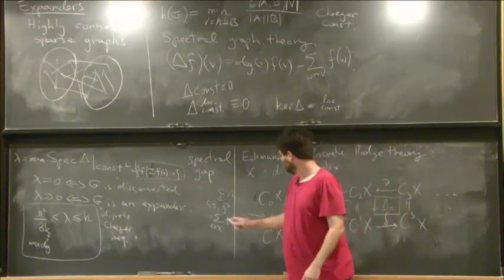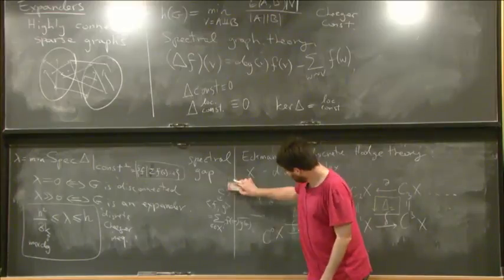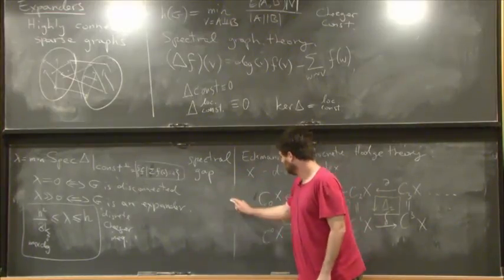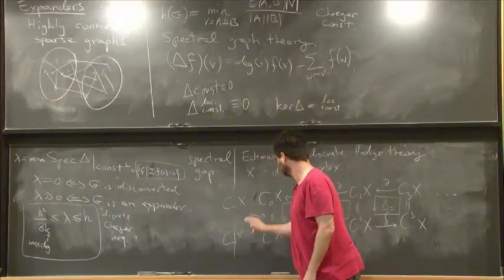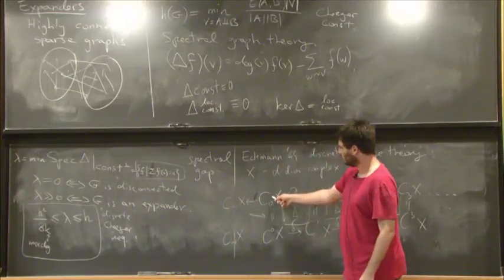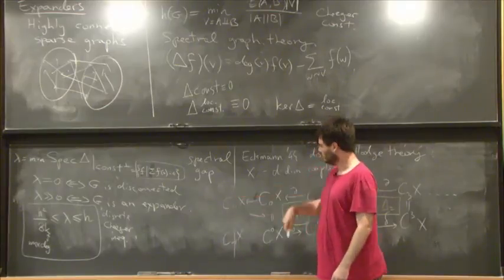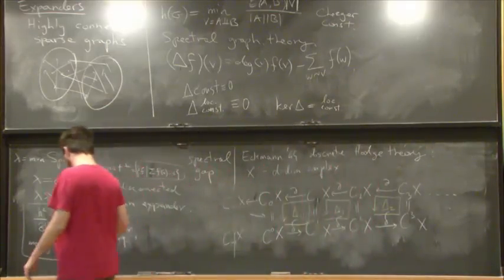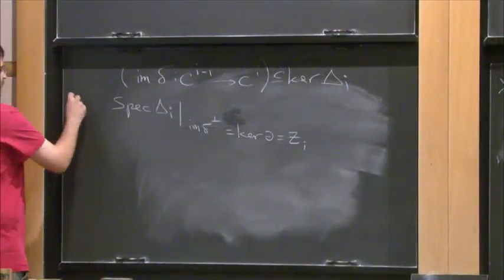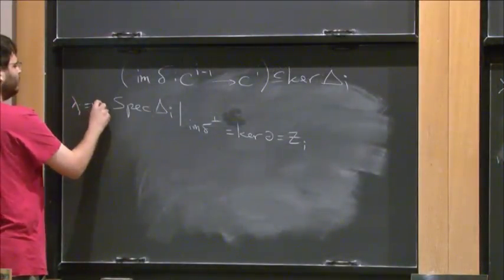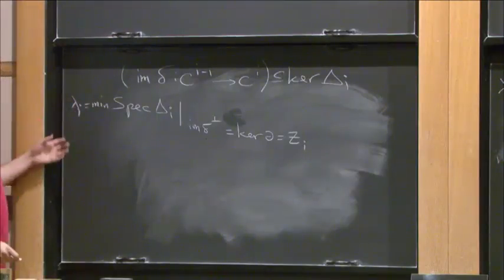So this would be really the cycles. If I put here C^(-1), then this is the augmentation map which takes a function to the sum of the values, and then this is the cycles. And again, let's say that lambda_i is the minimal value, and we want to say now